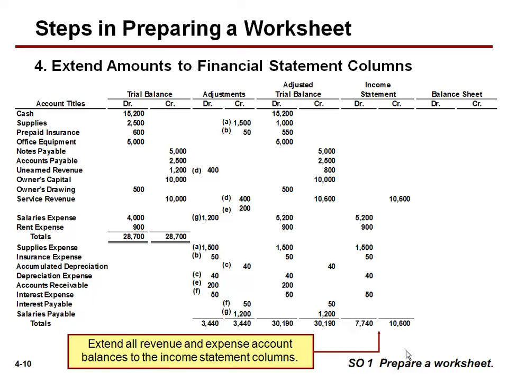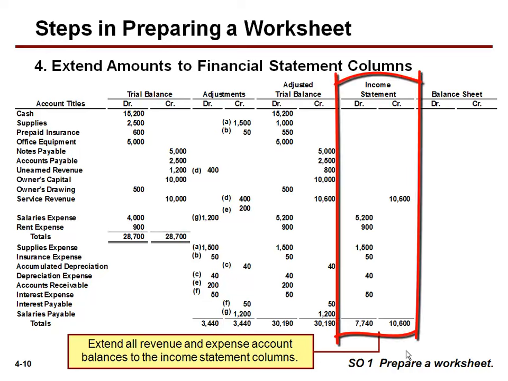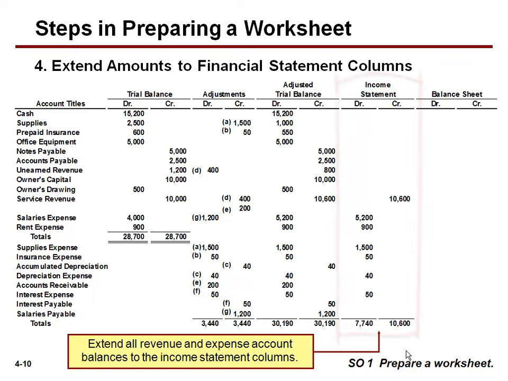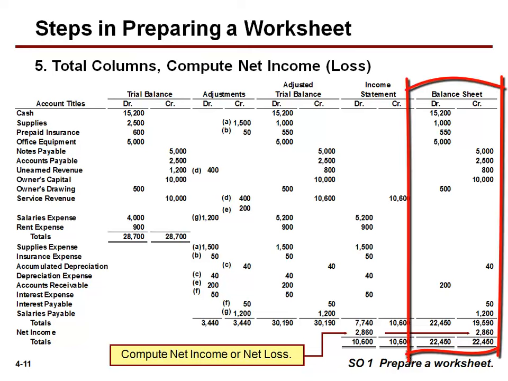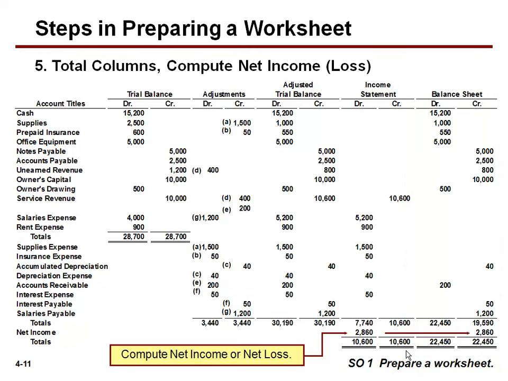The next step is to bring across the accounts that will affect the income statement, our service revenue account, $10,600, and all the associated expenses of the period indicated in the debit column of the income statement. This fourth step also brings across the remaining asset and liability accounts individually, cash, supplies, prepaid expense, etc., individual liability accounts such as accounts payable,